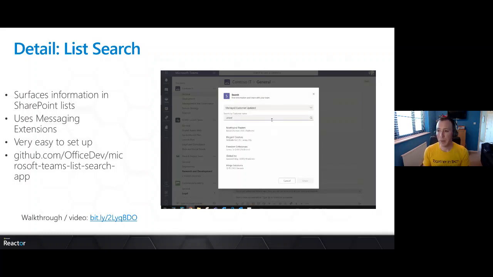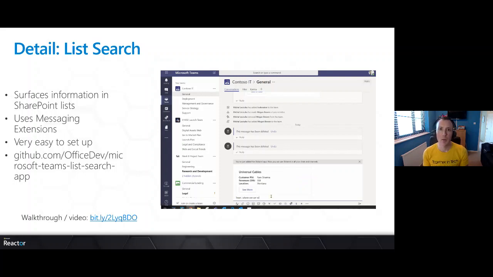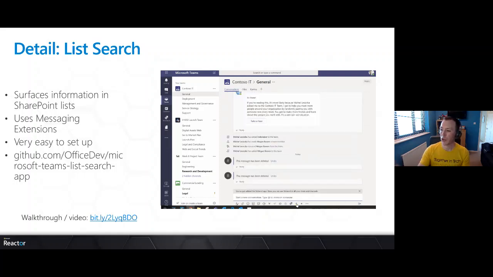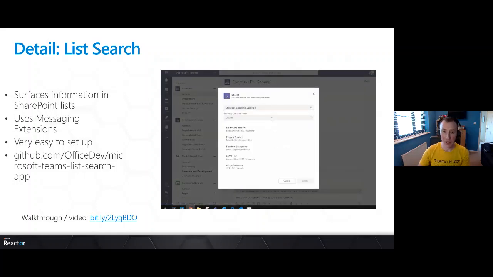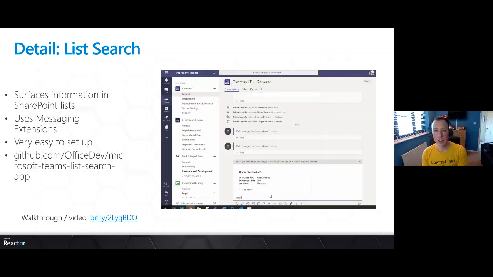So that's what it does. The application actually comes with a nice admin portal where you can choose the list that you want to expose, and gives you the application that you can drop straight in as a messaging extension for your users that ties directly to that SharePoint list and exposes that information.